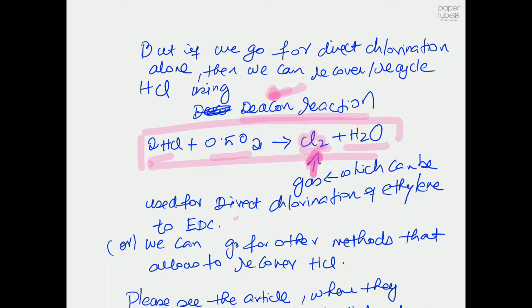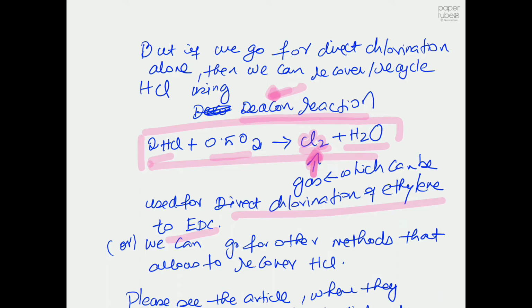We can use this chlorine for the direct chlorination of ethylene in order to produce ethylene dichloride. So this is something you should keep in mind. For the moment, for our project, we are going to produce vinyl chloride monomer